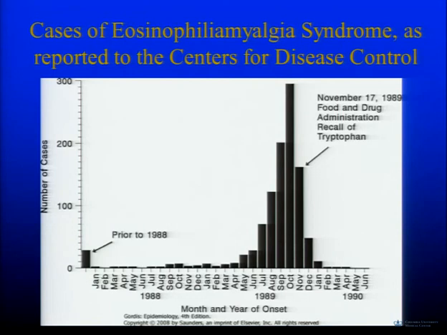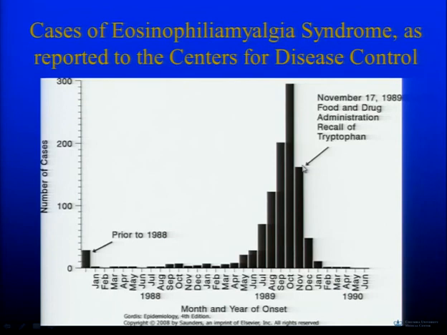This is a tryptophan disease. This is looking at the number of cases of eosinophilia-myalgia syndrome, based on reports to the CDC. Basically, they didn't have too many cases. All of a sudden, they saw this huge jump in the number of cases. And as an epidemiologist, you have to say, okay, what's changed? What could potentially be causing this? What it was, was that tryptophan was on the market. The Food and Drug Administration had approved it back over here. And then when they saw this rise in the rates, they recalled it.